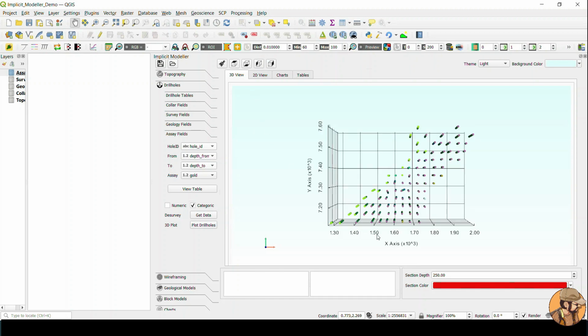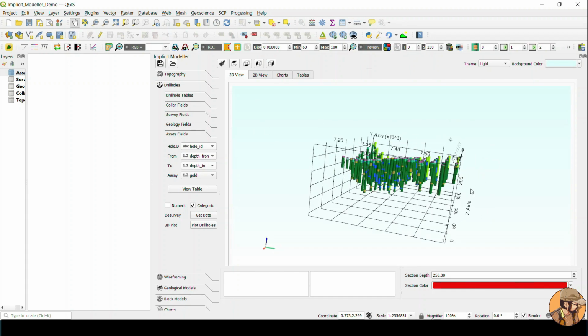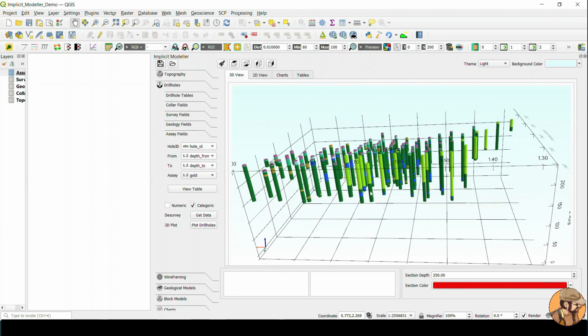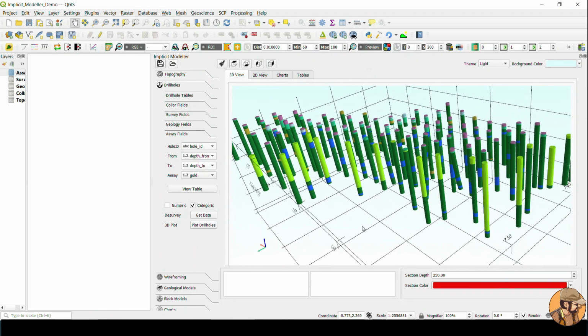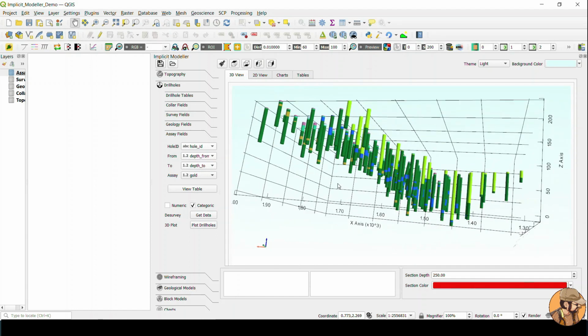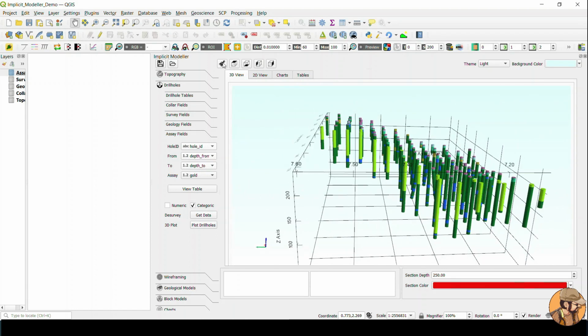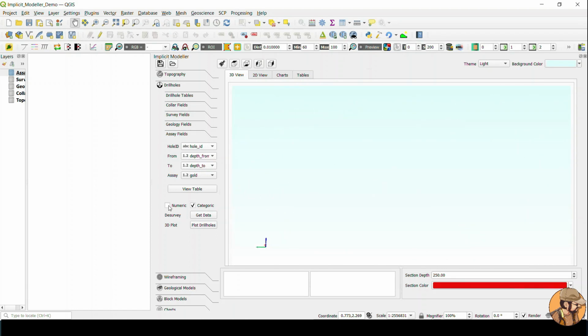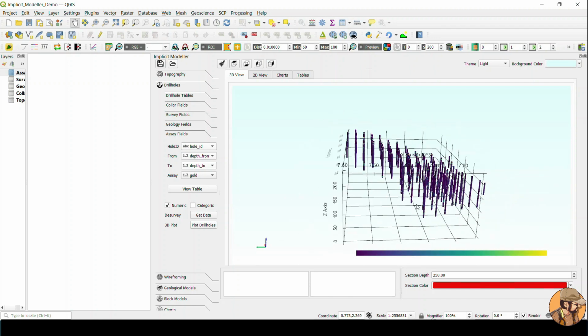So let's look at the data, and you can see that we have these drill holes there in 3D. Now that's really cool. Now we can go and clear the view, but now we're going to choose numeric, and I'm going to click on Get Data and Plot Drill Holes. And now this one is going to show me the